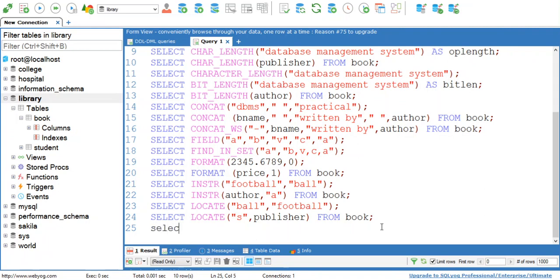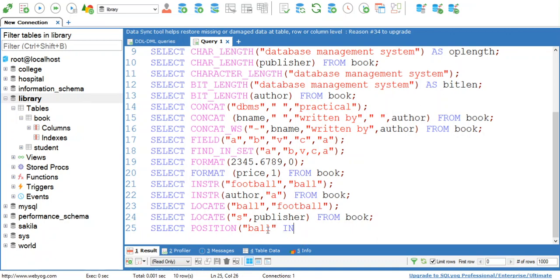Then the next function is the position function. It is again used to find the first occurrence of a substring in the original string, same as INSTR and locate. The only difference is the format of the parameters. So my query is select position ball. Ball is my substring.